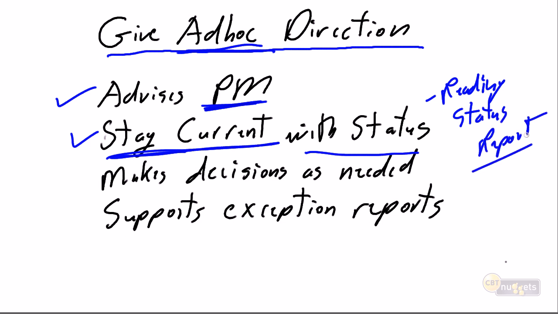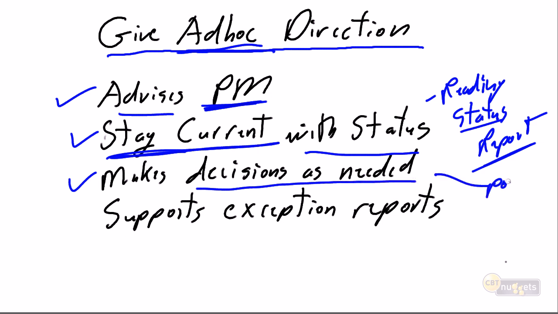I certainly don't expect senior management to attend my status meetings, and I don't expect senior management to meet daily with me. As a matter of fact, I really don't want senior management to meet daily with me to understand the project status, but I want them reading my status reports, as a minimum my monthly status reports, but preferably if my direct managers read my weekly status reports, stay current with my project status, then they're aware of any of the issues, any of the concerns, and are there to help me with the ad hoc support that I need, and they're going to help me make decisions as needed.